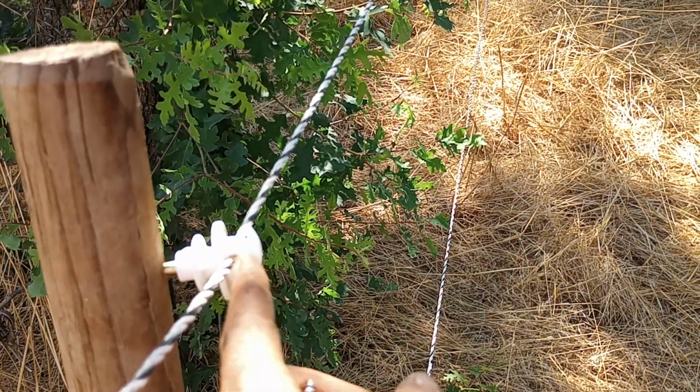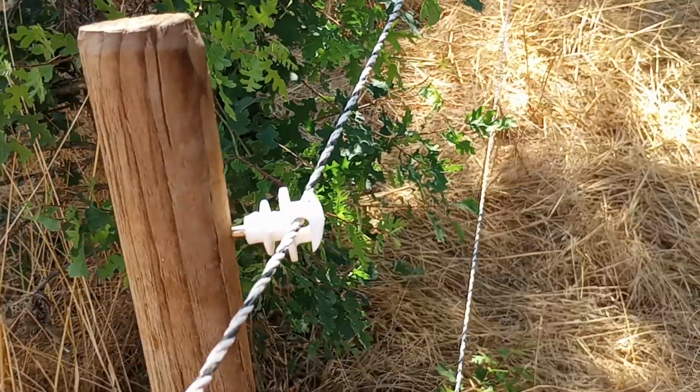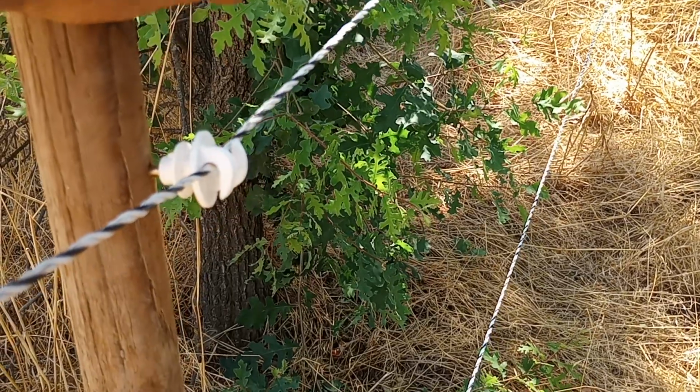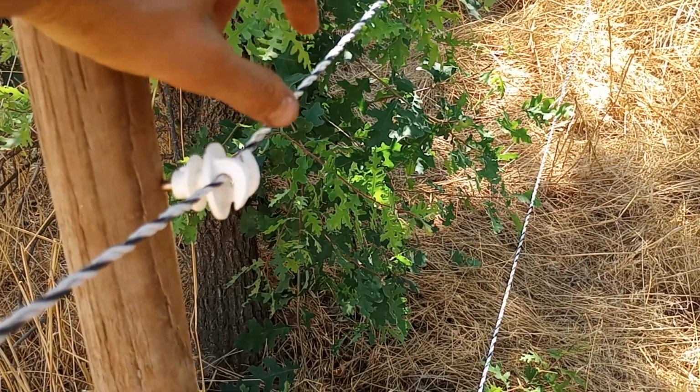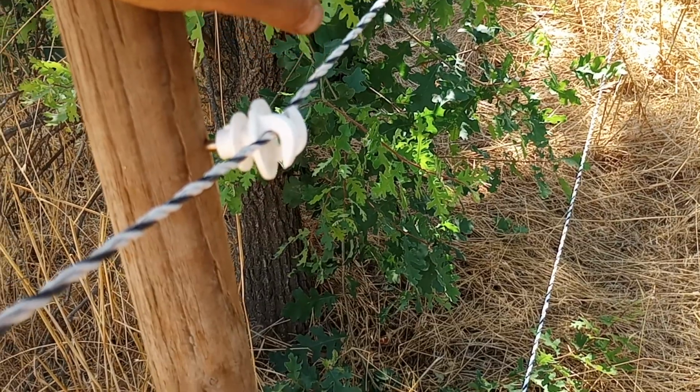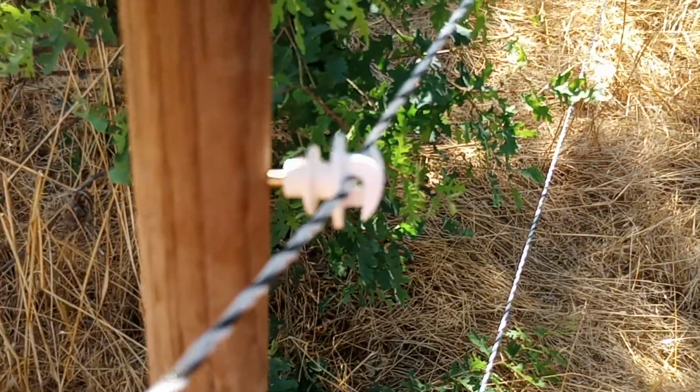This is the insulator from Premier, and this is the poly rope from Premier. And I have to say, I bought stuff from them and it works. Everything works. But their insulators actually are pretty pricey. With their driver, I don't know, probably user error, but I snapped it off, probably because I put it in an impact driver. But I actually like